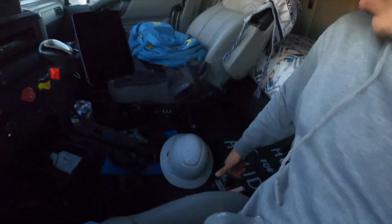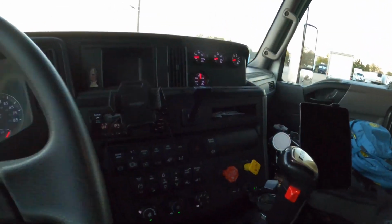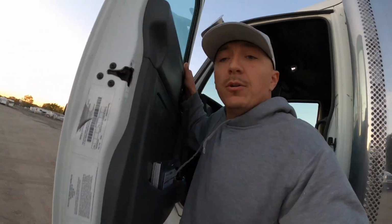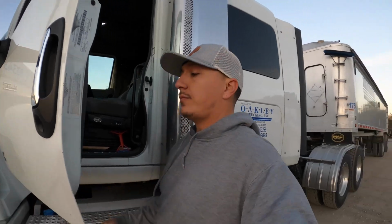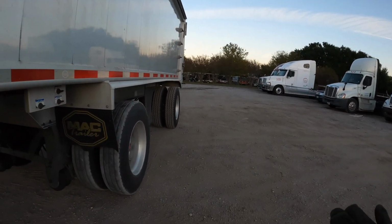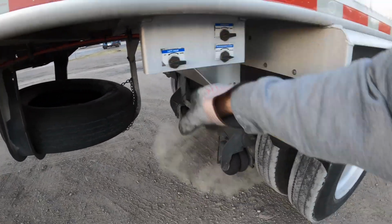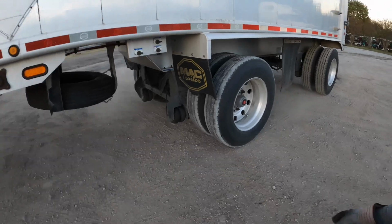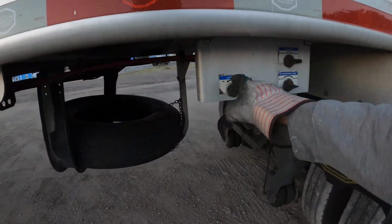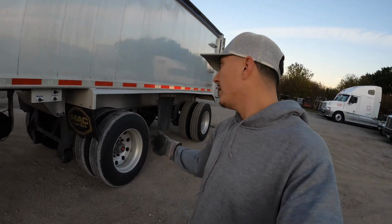You're gonna set her down, put her back in hold, set your truck brake, release your trailer, so that way the trailer's got air. And then you do everything in the reverse steps. Once you close the door, inflate, pick that back up. Don't mind that these are backwards. There ain't no need if you're empty to be rolling around with this on the ground. So you pick that sucker up,